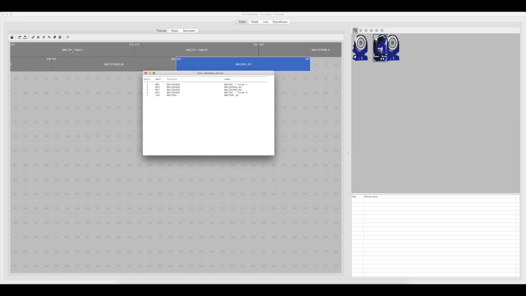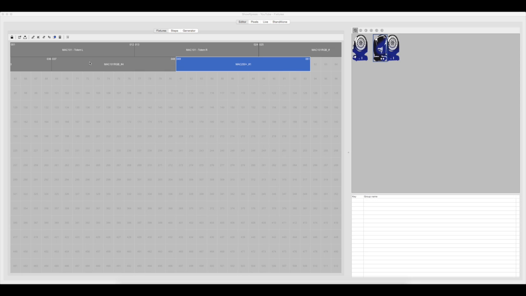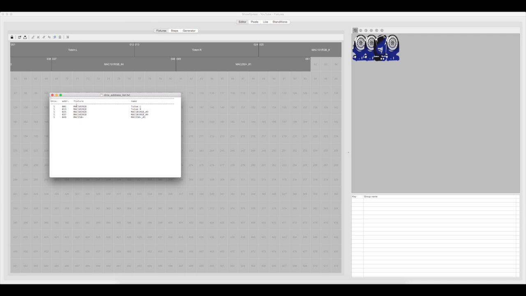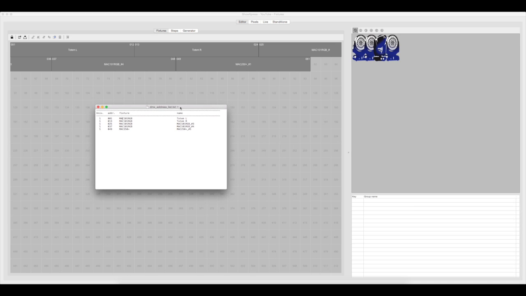So if you rename that fixture, let's say you didn't leave Mac 101 in there, and you renamed it Totem Left. Let's say your shows are very similar from show to show. You said Totem Left, and this one was Totem Right. It takes away the title Mac 101 out of here. But by this breakdown, let me make this Totem Right, sorry. From this breakdown sheet right here, you still know that it's a Mac 101 fixture, even though you named it Totem Left. So you have that ability to do that, but it's also nice that it gives you a printout,